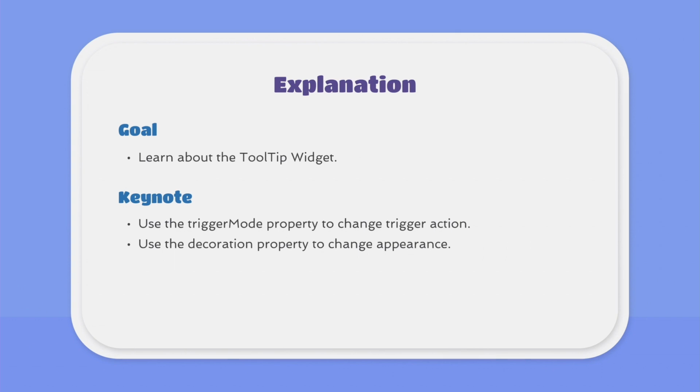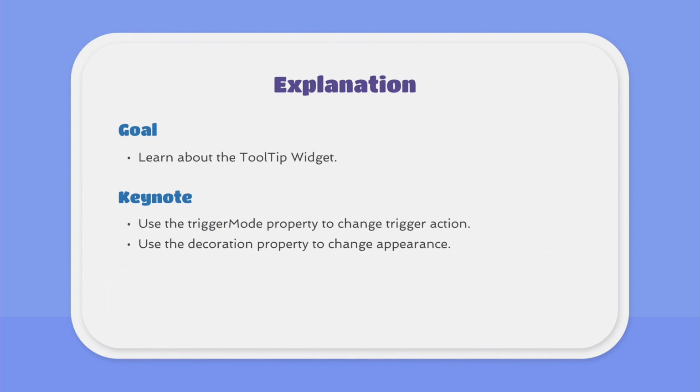In this lesson, we are going to learn about ToolTip widget. ToolTip, as the name suggests, is used to give a hint to the user about a certain widget. We use ToolTip commonly in creating forms. For example, when a user registers for your app, we can use ToolTip to set guidance on users' names or